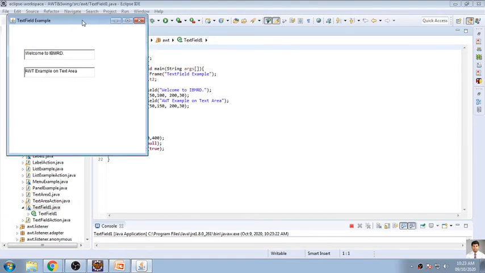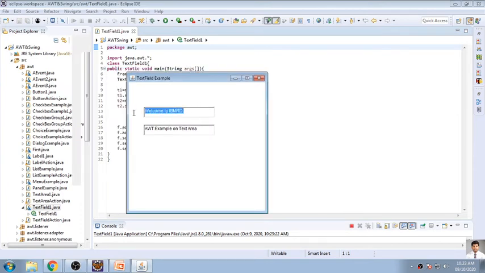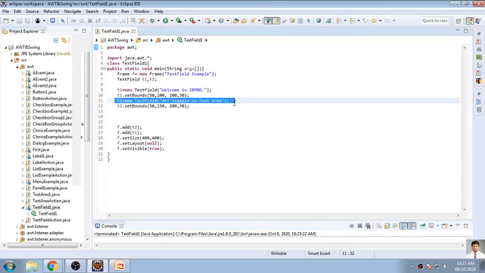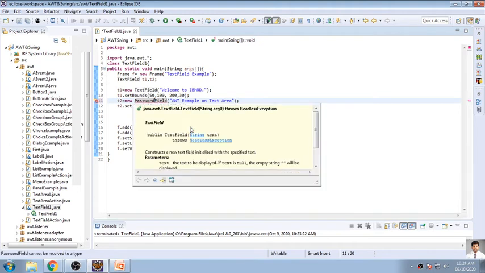Now see, one simple example. If I write like this, I get text content. If I write like this, I get text content. But I don't want this one. I want the second text box to be a password field. But as we are in AWT, there is no mechanism for a password field. If I write password here, it will show me an error, because this type of class is not available in the AWT package.